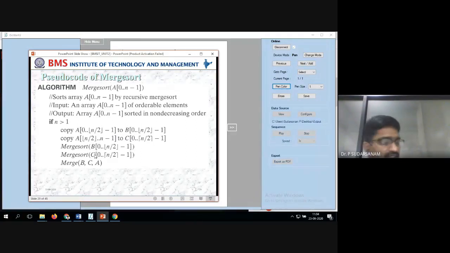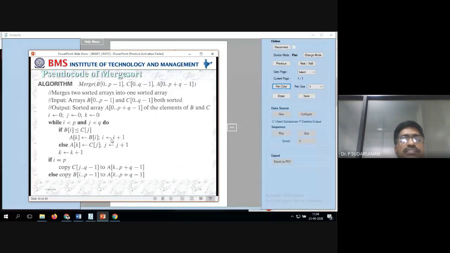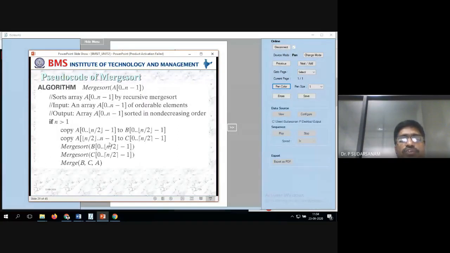Now I'll read once the same concepts as they were written in terms of the algorithms. We implemented the laboratory program directly yesterday, but in the examination you have to write the algorithm, something like this. So if n is greater than 1, you have to do the partitions: copy A of 0 to n/2 minus 1, that means the first part to A, and the second part to B, of n/2 to n minus 1.